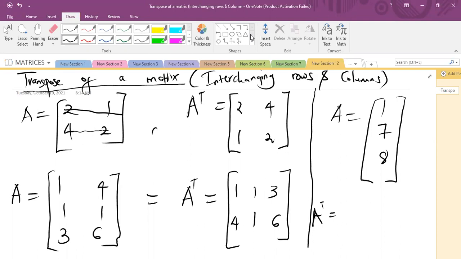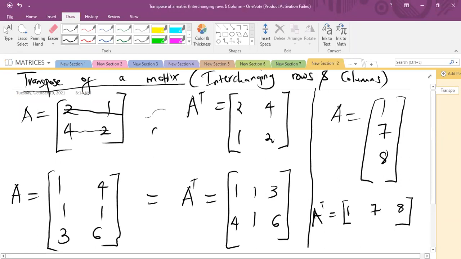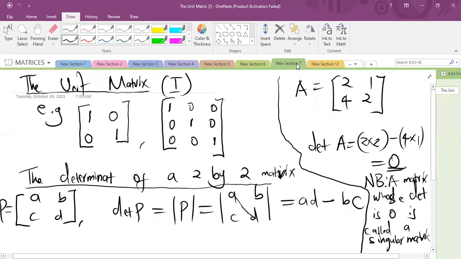Guys, what is A transpose? Anyone? Okay, so A transpose will be taking row 1. Row 1 will be column 1. So our row 1 will be column 1. Row 2 will be column 2. Row 3 will be column 3. Okay, the reason why I was showing you how to transpose is because we wanted to look at,